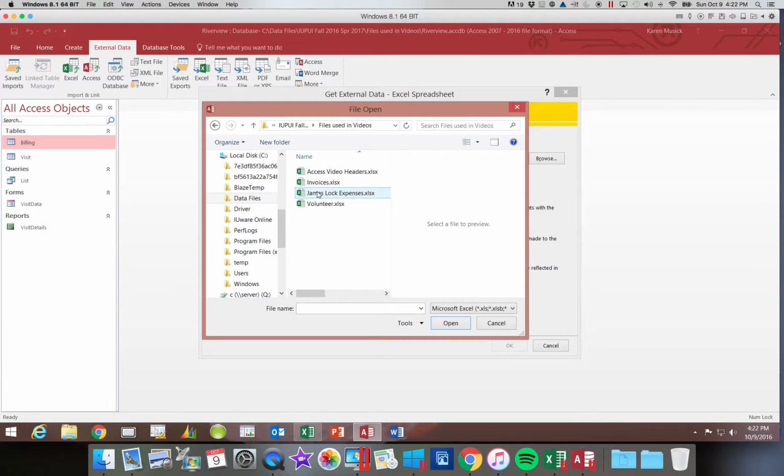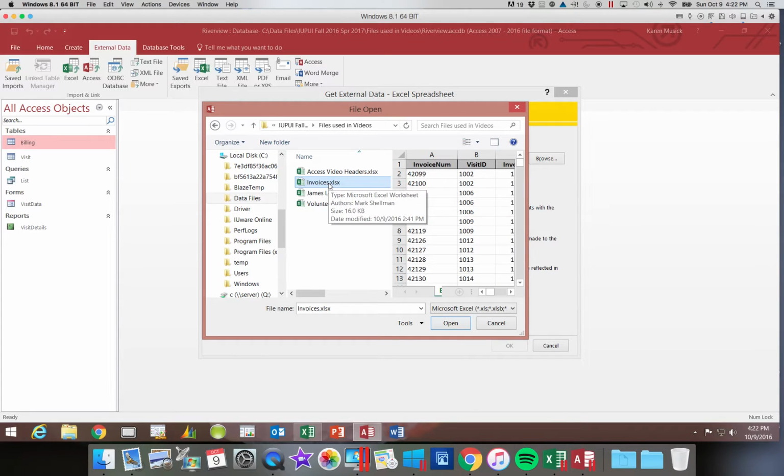You should find one that says Invoices. Now this could be in the Access 1 folder or the Access 2 folder, and within that it's going to be under Modules. You're going to open up Invoices,